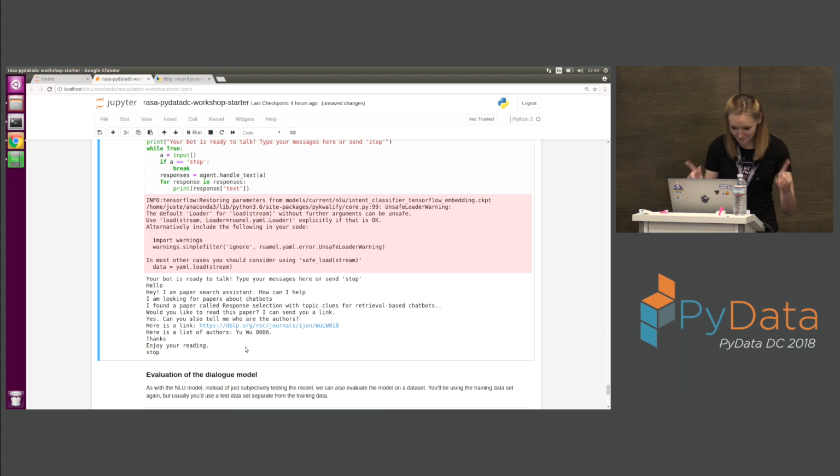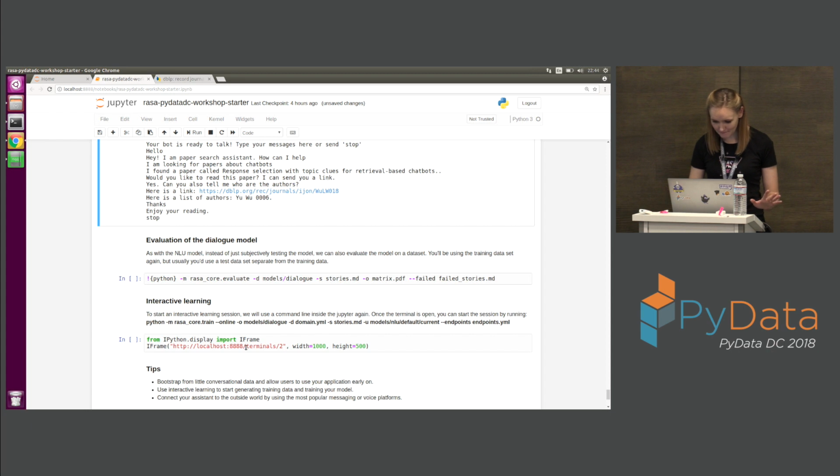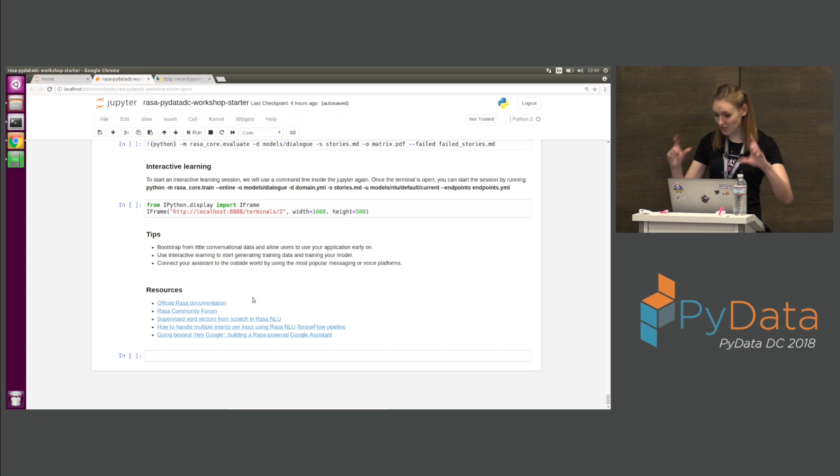I have just 15 minutes left. There is one more thing that I really wanted to show you. I will skip this part. Evaluation is exactly the same as in NLU. You can run the evaluation script and get a confusion matrix for action prediction. But what I wanted to show you, which is actually my next step, is, I will quickly go back to my slides,